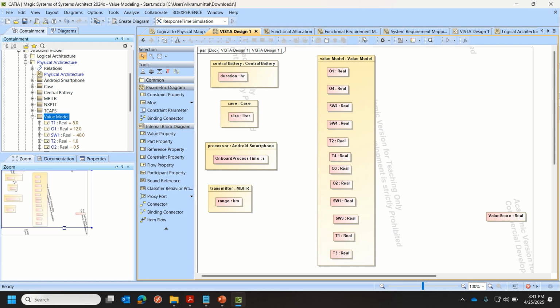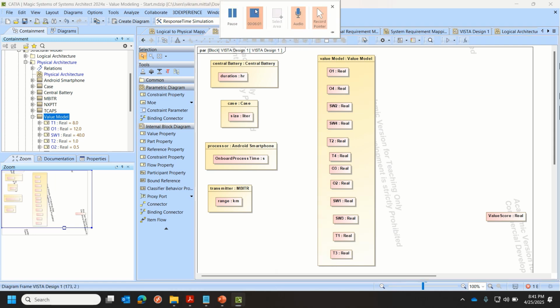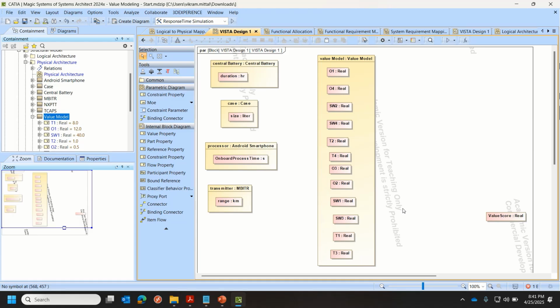Alright. The next thing I'm going to do is build out my value function, which again is just a linear mapping between my threshold and objective values based off my raw scores. So I'm going to drag a constraint property onto my canvas right here. I'm going to call this value function. And in it I'm going to have